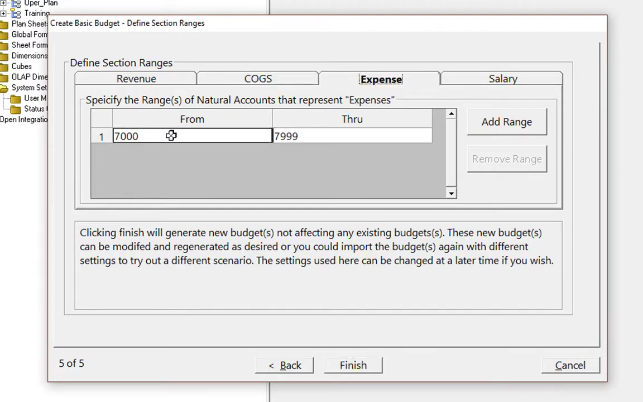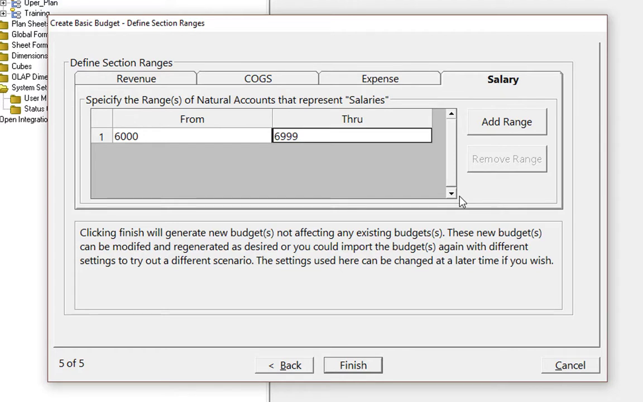Expenses start at 7,000, but they really end at 8899. So I'll go ahead and just enter that. And finally for the salary, beginning at 6,000, that's correct, but it ends at 6,299. All right, so we filled in all of the appropriate ranges for our sections, and now we're ready to